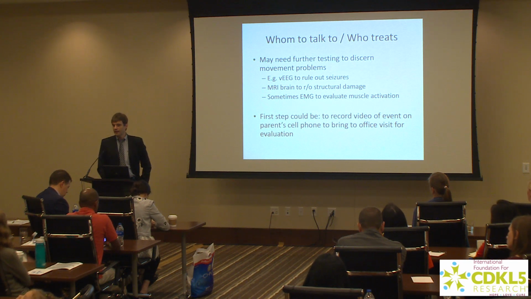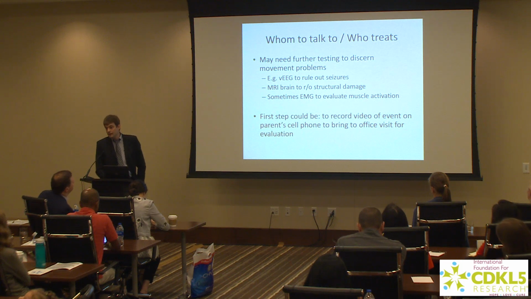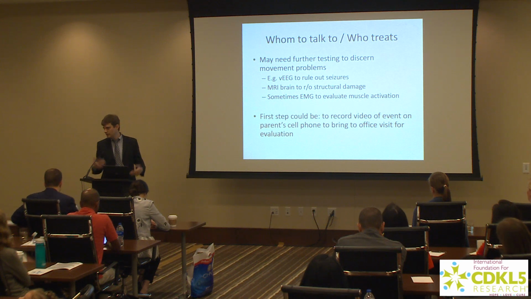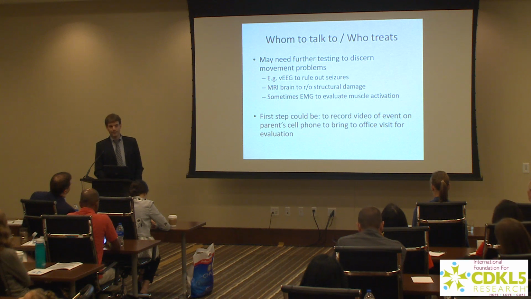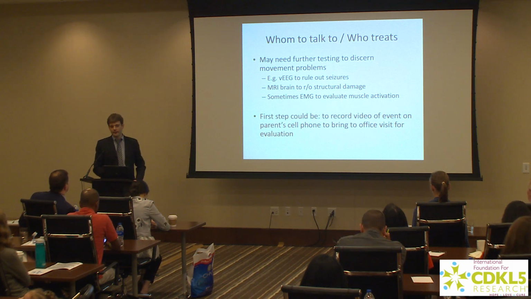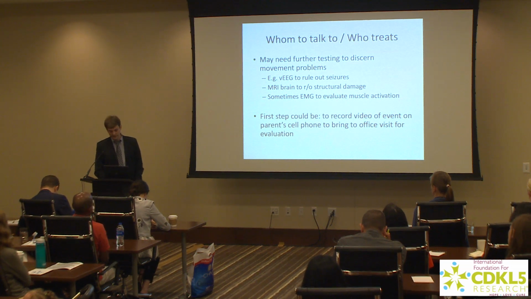It's not because that specific neurologist isn't observant enough. There is no other way to discern it from seizures. Initially, there may be the need for an MRI to determine that there is not some other cause, but CDKL5 individuals can have other brain damage like the general population can have, so an MRI may be indicated. In extreme cases, you may do something similar to a brainwave study. You may do a study on the muscles themselves to record how they are contracting during those movements.